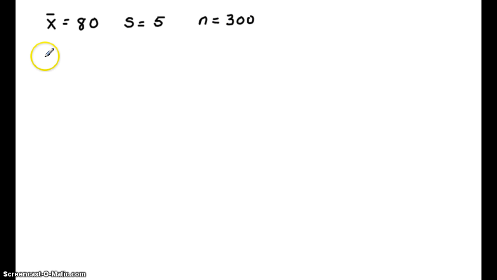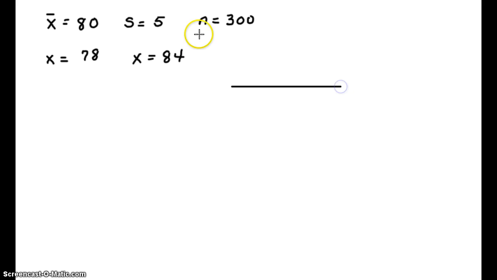Let's see if we can figure out what our cutoff points are. The first cutoff point would be 78 because we're interested in finding the number of students that scored between 78 and 84. So I have two critical points, 78 and 84. Let's draw our normal curve and see if we can place this information on there and shade the appropriate region